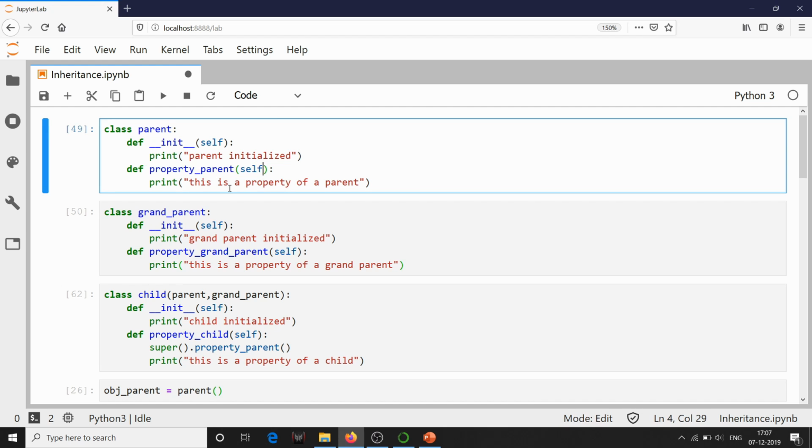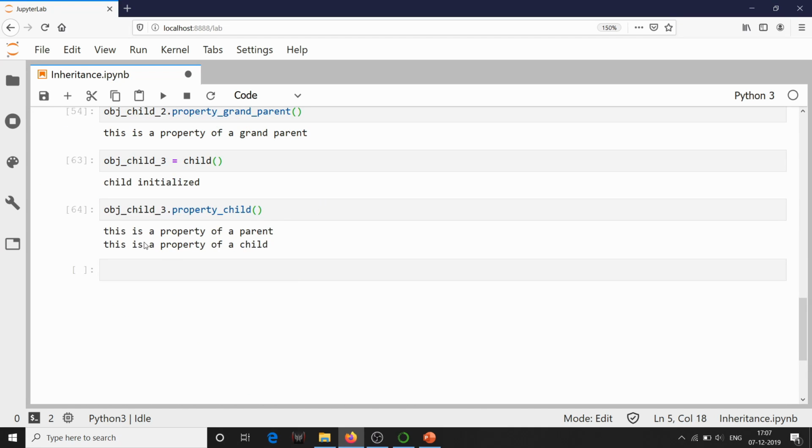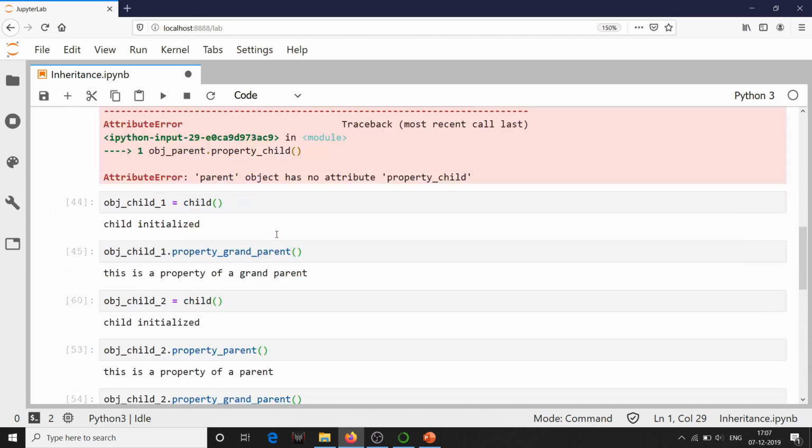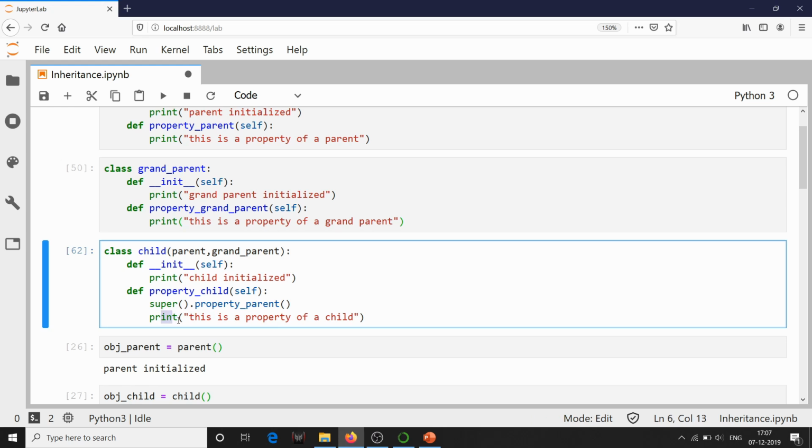So it has executed the print statement "this is a property of a parent", which we can see in the output, and again it has printed "this is a property of a child". So this is how the super function works. So basically, if you want to use the class of a parent inside a child, you can use that super method. The similar thing you can do for accessing the grandparent properties also, like this,